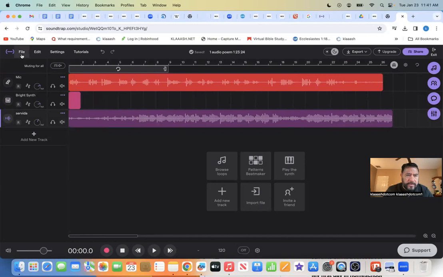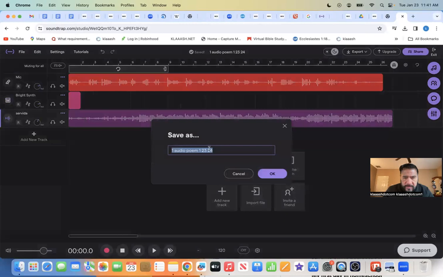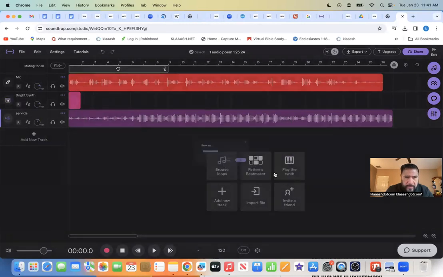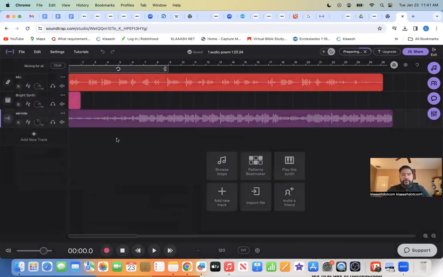So now all we do is just save it. File, and we're gonna go ahead and save as, and it puts it there. So we click OK, and then we actually export it as an MP3. And there you go, ladies and gentlemen. That's how you get your grade. We created poetry, and you're going to have more poems coming up this week for yourself. And the song, we're going to upload it later because it takes a little while before it actually renders. Look at this, it's saying preparing. But I kind of like the way we did this.